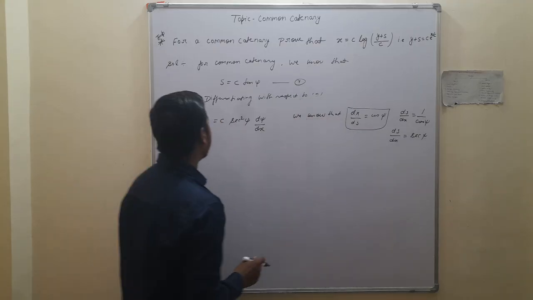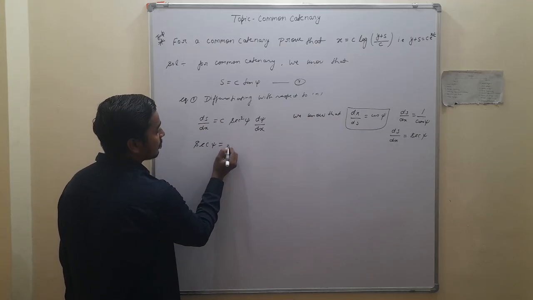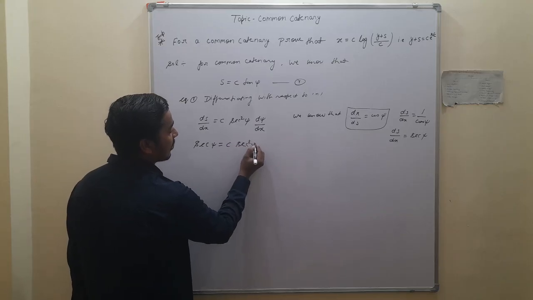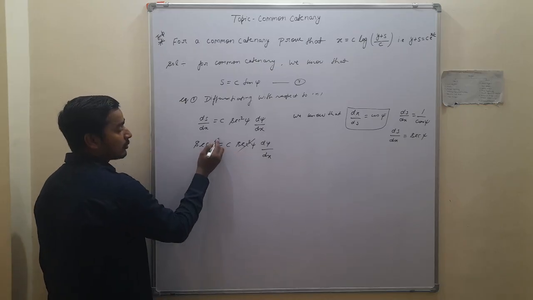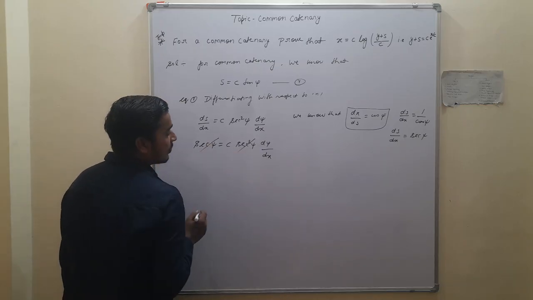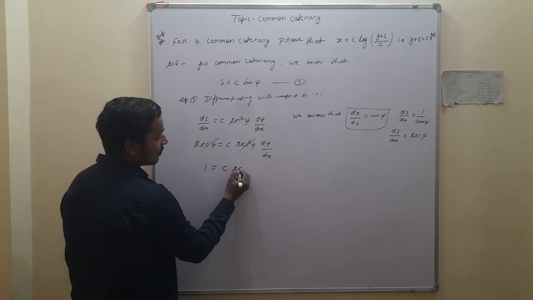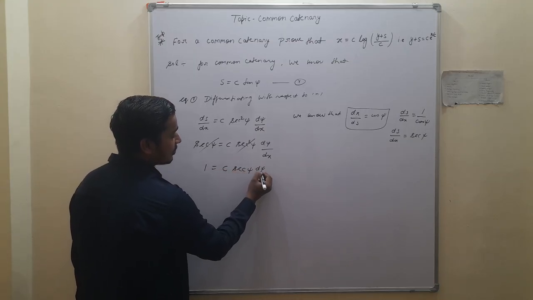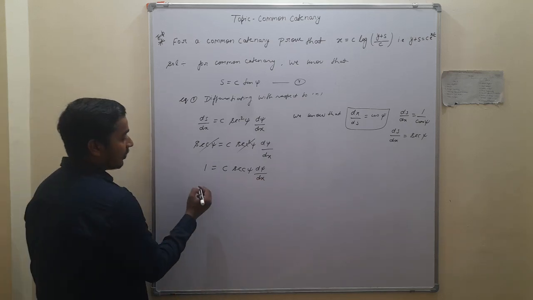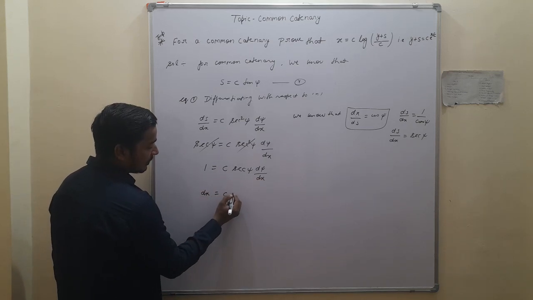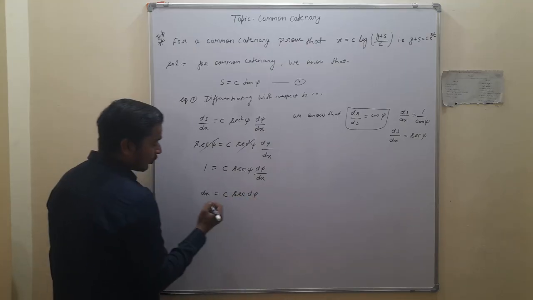Putting in place of ds upon dx, sec psi is equal to c sec square psi into d psi upon dx. Sec psi cancels with sec psi, remaining sec psi, so we get 1 is equal to c sec psi into d psi upon dx. Multiplying by dx, we get dx is equal to c sec psi d psi, and integrating both the sides,